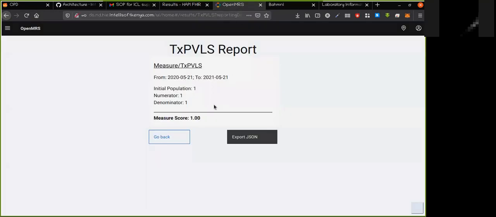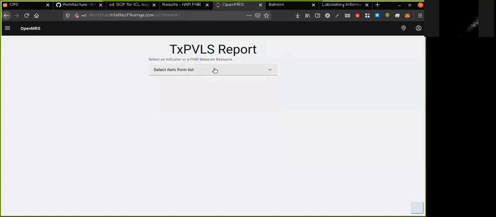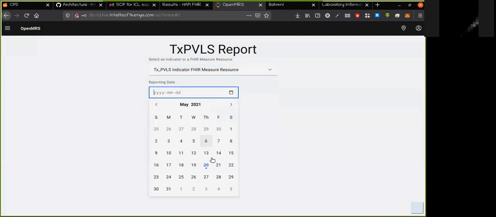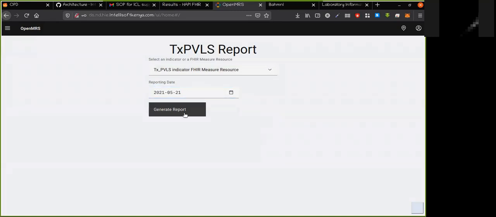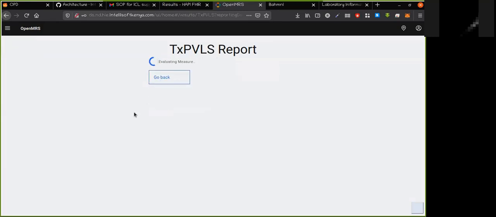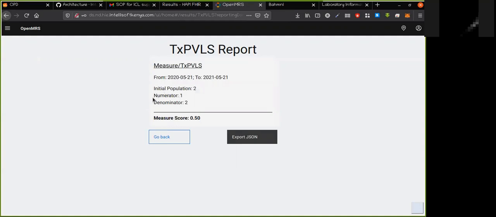So if we head back over to our widget and try and run the report once again, so select that indicator, run it at a date, any date beyond today, and generate the report. So we'll see that now we have a different value, which is 0.5. So the initial population being 2, the first value being less than 1,000, and the second one being more than 1,000, and yeah,